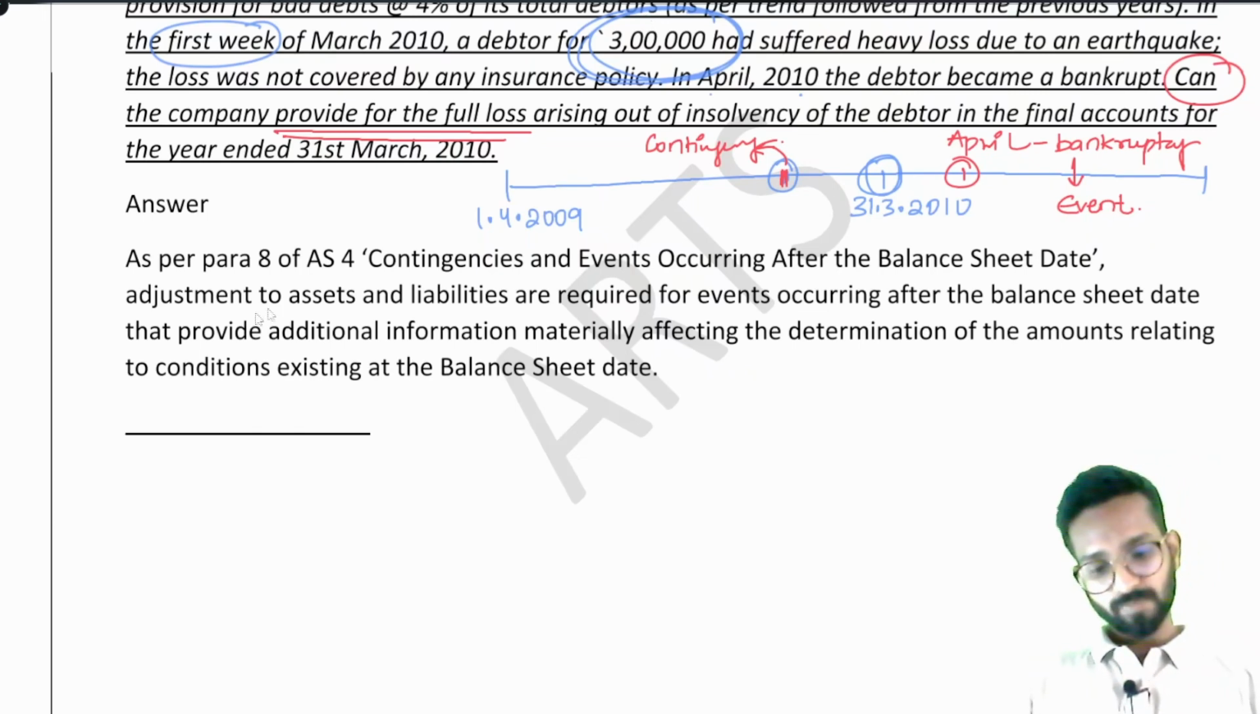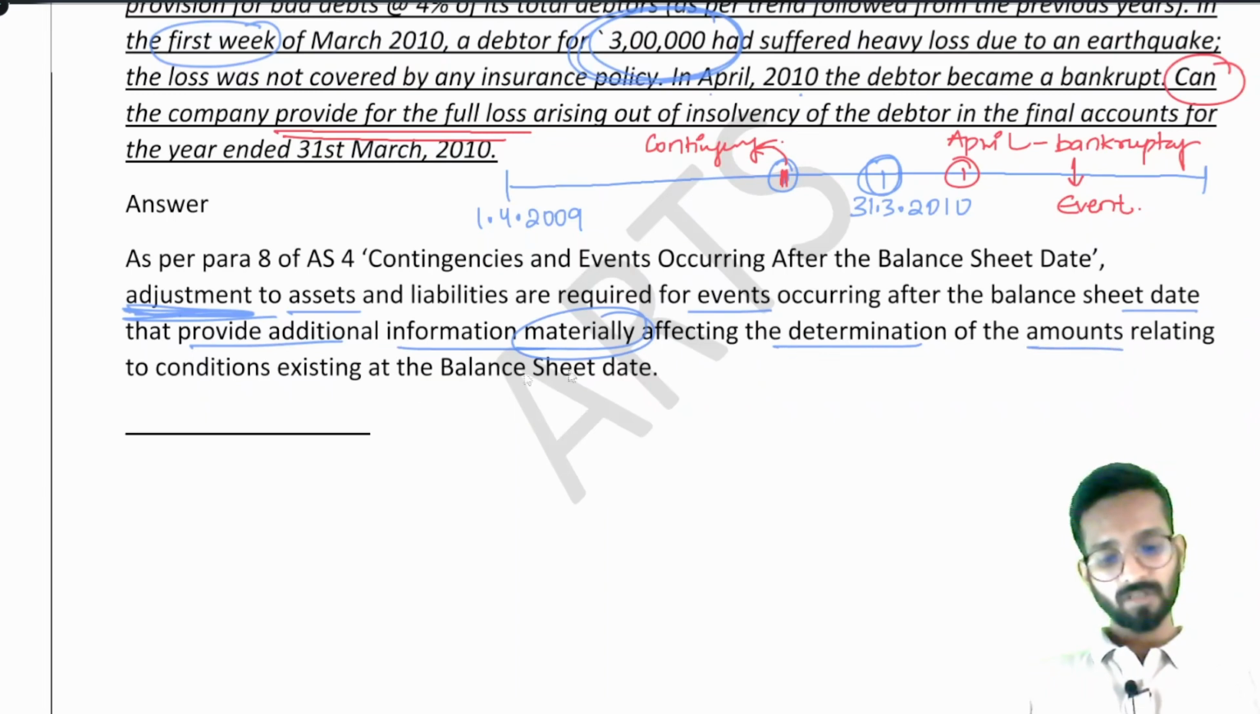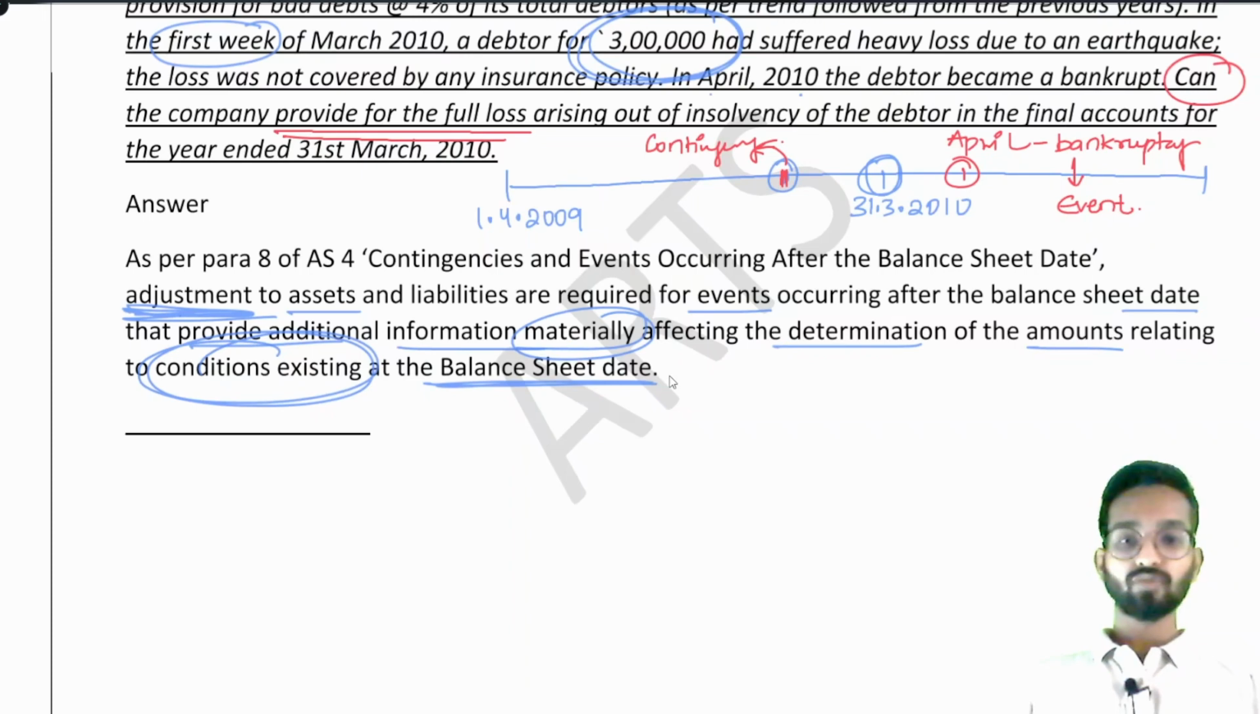Understand this. As per para 8 of AS 4, contingency and events occurring after the balance sheet date, adjustment to assets and liabilities. Provision for doubtful debt is just an adjustment, because you will reduce it from the asset account. Adjustments to assets and liabilities are required for events occurring after the balance sheet date that provide additional information materially affecting the determination of the amount relating to conditions existing at the balance sheet date. This you have to write in every answer of your Accounting Standard 4, because it is the definition of Accounting Standard 4, okay? Now after this you will write